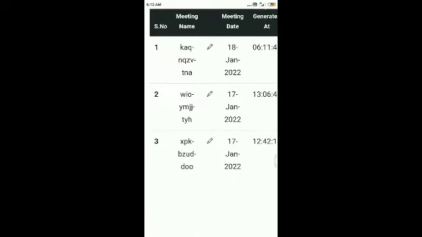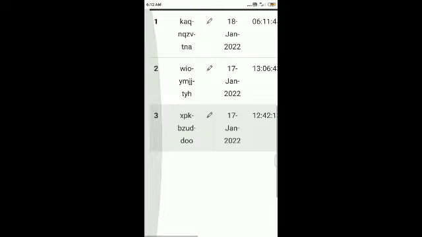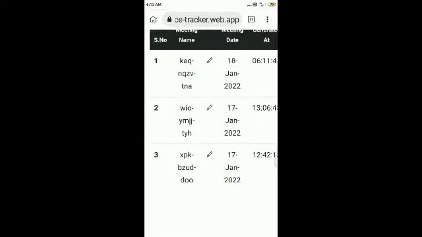Now as you can see here, there are 3 meetings, 1, 2 and 3. That was of 17 January, then 17 January, and this one is 18th January.